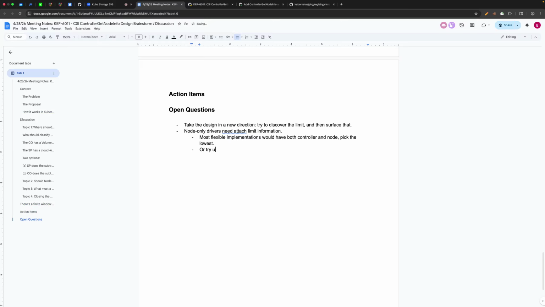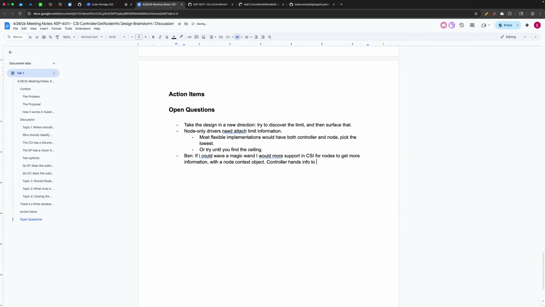I think if I could wave a magic wand and redesign this, I would have a way for nodes to register. I would have more support in CSI for the node to get information from the controller plugin, with some sort of a node context type of object, similar to volume context or publish context, where the controller gets to hand some information to the CO that then gets handed to the node side of the SP,